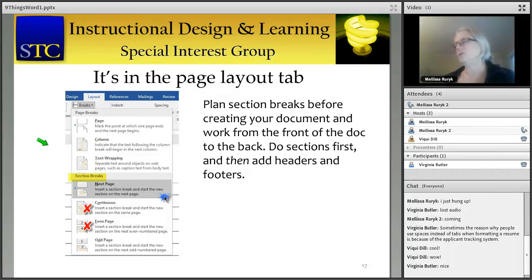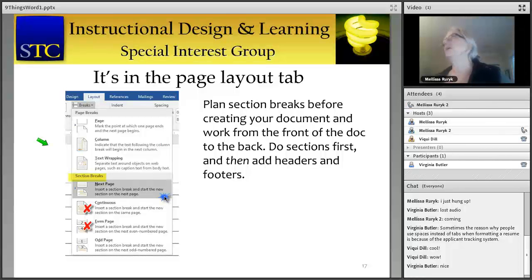And I will also warn you, think about your section breaks before you create your document. You know that sometimes you want to have page numbering in lowercase Roman numerals at the beginning of your document, maybe no page numbers whatsoever on your title page that precedes that. And then once you're in the body of your document, you want to have Arabic numerals starting at page 1. Those things are most easily controlled using section breaks. So do the sections first,